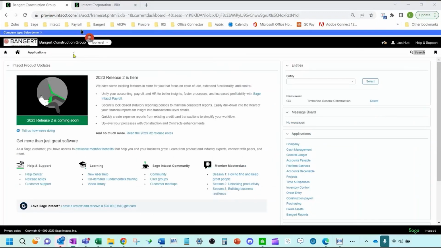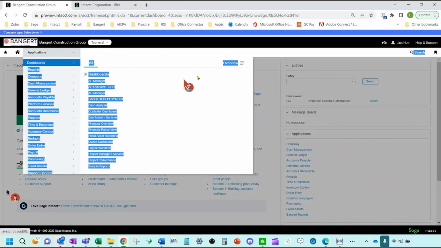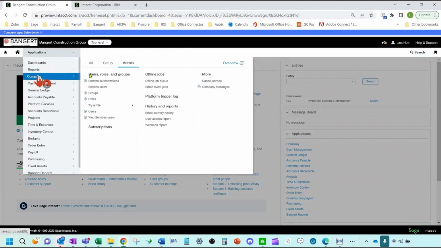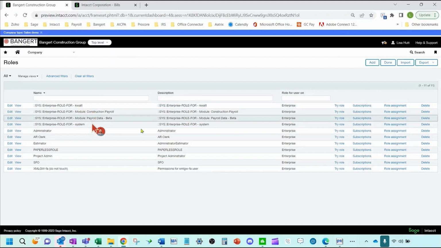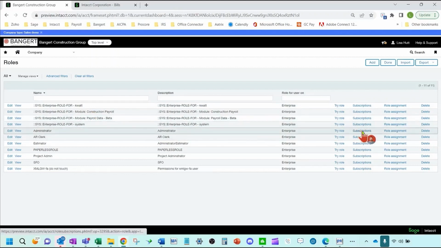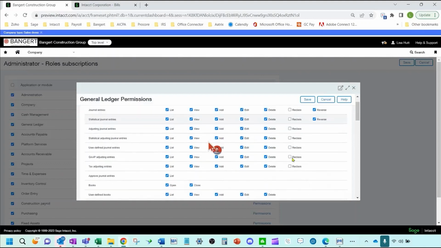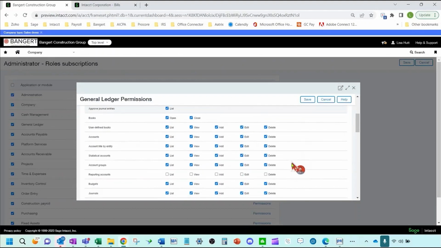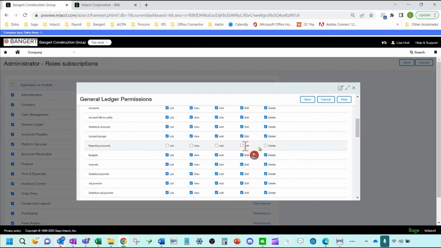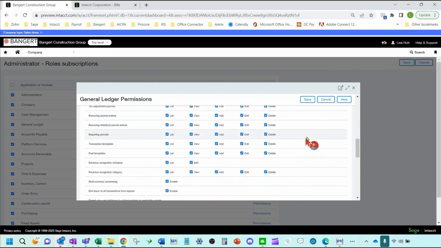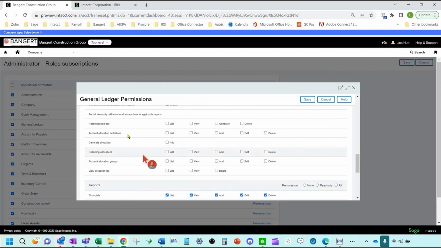And actually, with that being said, let's go back into permissions just to give you an idea. For example, I'm just going to use my administrator role for now. If I go into subscriptions here, and for example, even in General Ledger, if I click on permissions, you'll see some of these buttons that aren't checked. And considering admin, they should have all these checked by default. But the problem is these are new features and functionalities, so they leave them off. So you can kind of see here which permissions the admin doesn't have access to anymore.